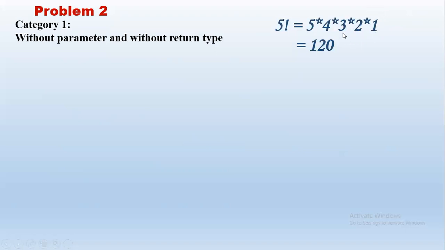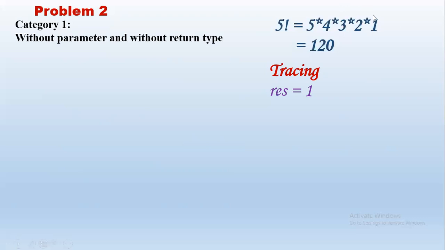We will start from 1 and then multiply 1 into 2. The result we will multiply with 3, and this result we will multiply with 4. Its result we will multiply with 5. Finally, we will get 120. Let us see the tracing for the same. Let us say we have result initialized to 1, because we are multiplying as the basic operation and 1 is the multiplicative identity. If we multiply any number by 1, we get back the same number. Hence 1 is called the multiplicative identity.